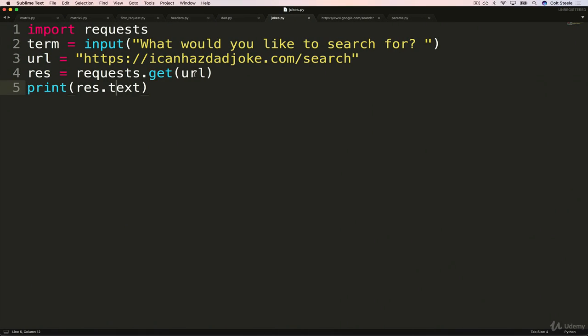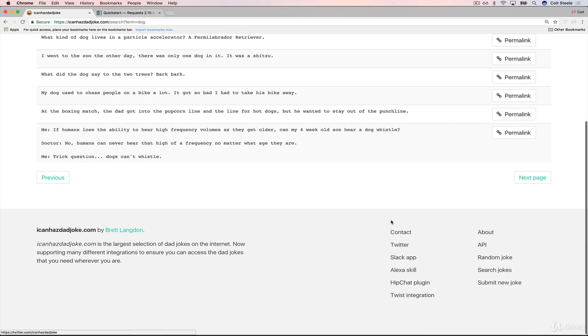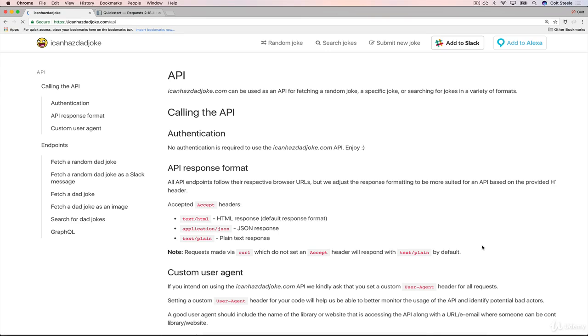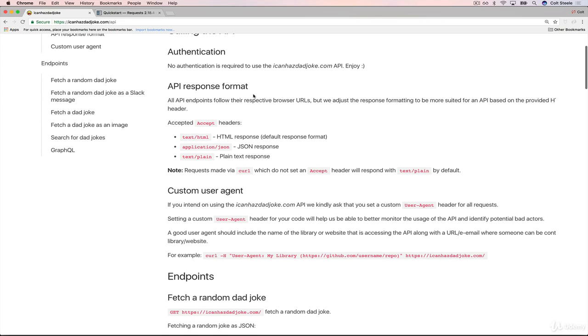So now let's change it up and actually ask for the JSON version, which the way we do that, remember, we have headers and we want accept application/JSON. By the way, if you wanted to know more about that and exactly how it works, go to the API documentation and it says API response format.